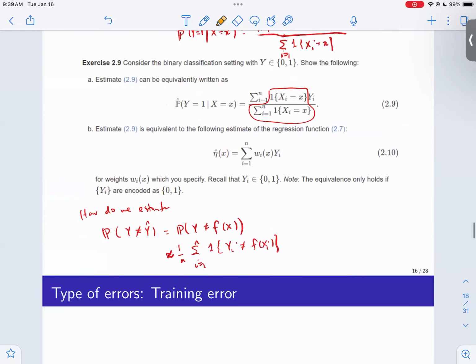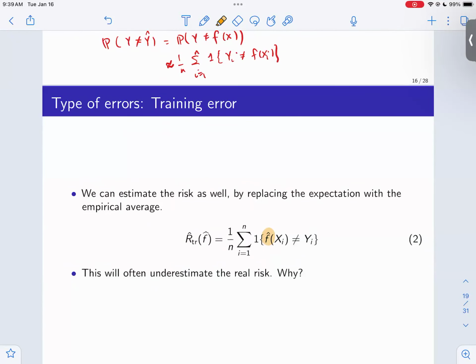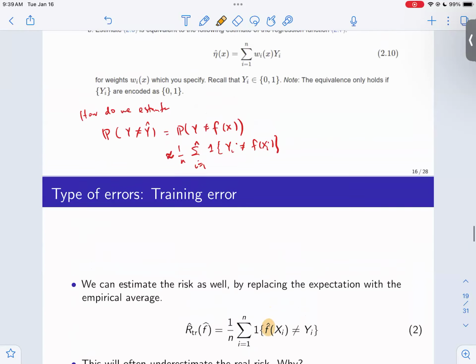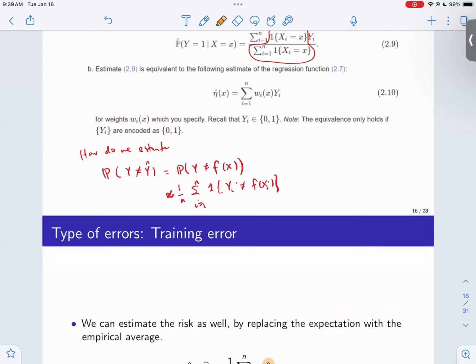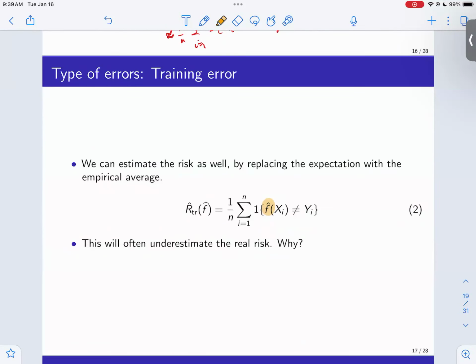Any question about this? And then we talked about the way we evaluated the performance using the risk, or the probability of error, let's say, or probability of misclassification, if we knew the actual distribution. But recall that we switched to the case of real data, so we don't have the actual distribution. So the question was, how do we measure the error or the risk in this case?